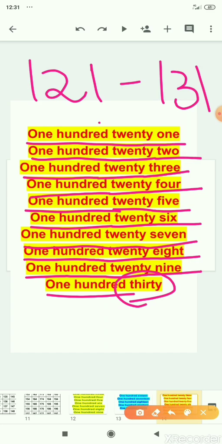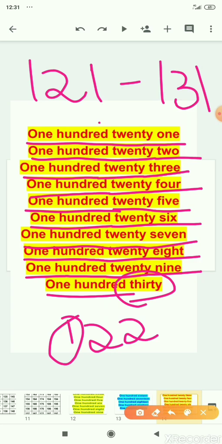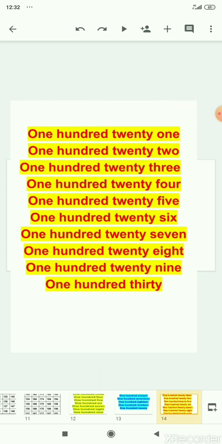Suppose I will tell you, write down 122. It is very easy if you know the number: 1 belongs to 100, which will come because it is a 3-digit number, then 22. Sometimes children are confused, there is no 0, so why should we write 100? But children, you should know, when we write counting after the 100, we should use 100 in saying as well as in writing. Okay,